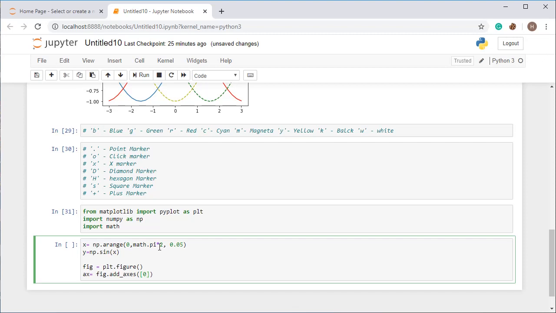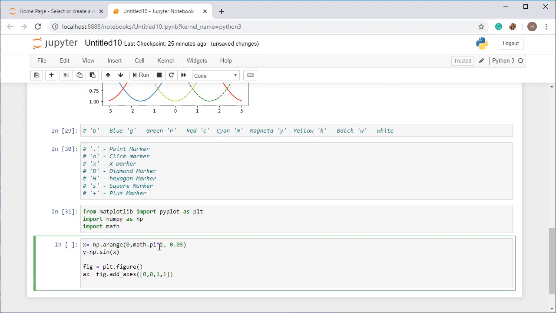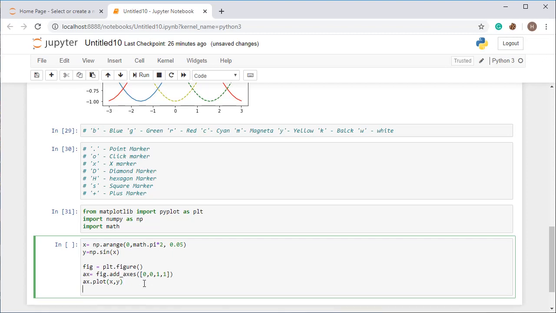So I'm giving 0, 0, 1, 1. All right, so I've provided the axes for this. Now I want the graph to be plotted for these axes. So ax.plot, and then pass x comma y. It will plot the graph for x and y.